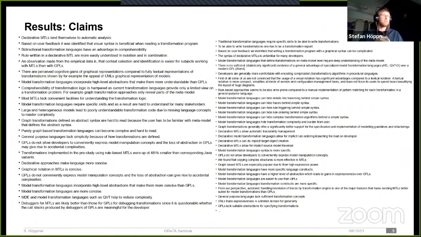Here's a list of some of the claims that we found in the 58 publications. It's not complete since they didn't fit on one slide, at least not properly, because in total we found exactly 137 claims about model transformation languages. And these claims differ greatly. So some are concerned with theoretical expressiveness of model transformation languages. Some are related to comprehensibility, some are related to performance, some to tool support, and so on. We found a total of 15 different properties that are being discussed in literature.